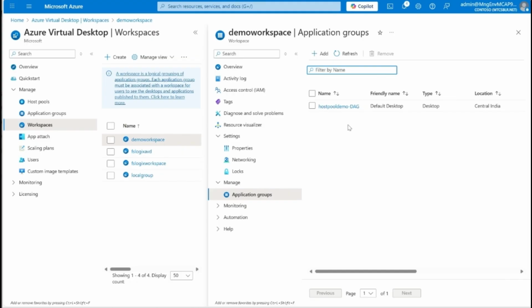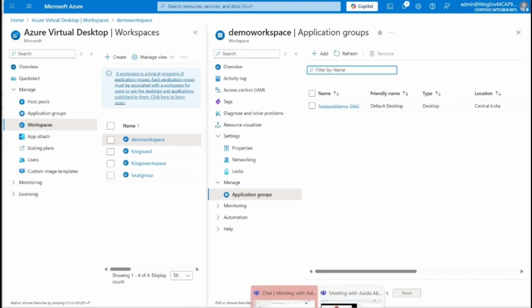So in short, the host pool will be created where the VMs will be attached, and that host pool will be tagged as an application in an application group, and users will be assigned to that, and the application group will be presented to the workspace so that the user can see it. So these three steps are done, and then what I need to do is simply go to one access method,